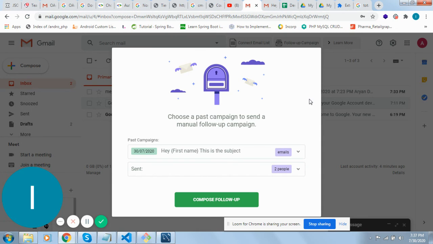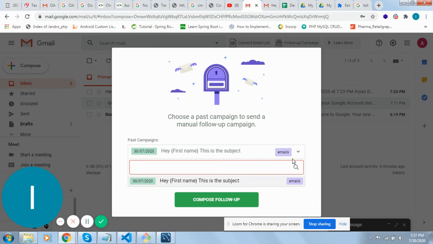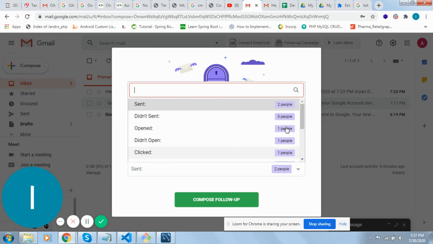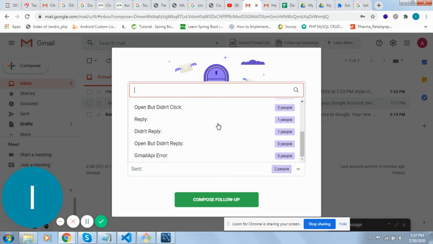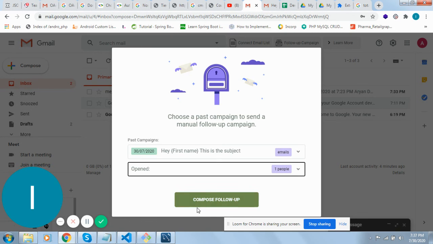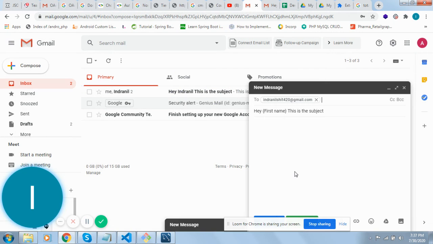Okay, so how can you create your manual follow-up? See, once you select any condition, for example if that particular mail is opened, once you click on compose follow-up, you can see which email addresses opened that mail. You can select those email addresses only.